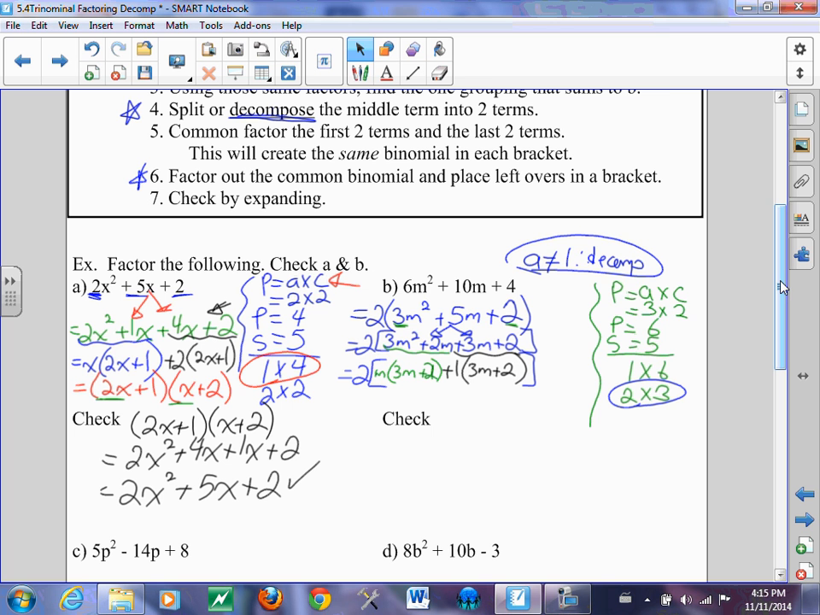All right, we're almost done, folks. So we need the 2 out front. Our common binomial is 3m plus 2, and your leftovers is m plus 1. So to check this, ladies and gentlemen, you start with your answer,